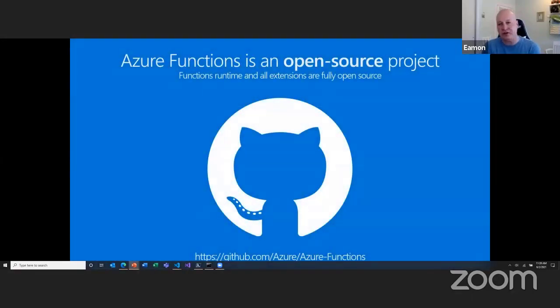So as you guys know, since we launched Azure Functions, we've always been an open source project. And what this allows is for the community to get a lot more involved in how we build Azure Functions, not just the runtime, but the extensions as well. So this allows you, for all of those triggers and bindings, to provide feedback and suggest other ones.